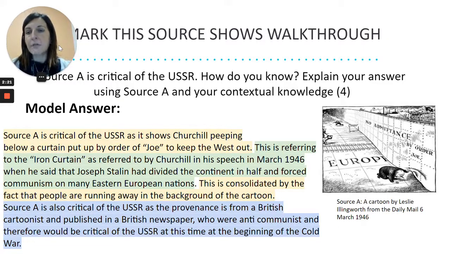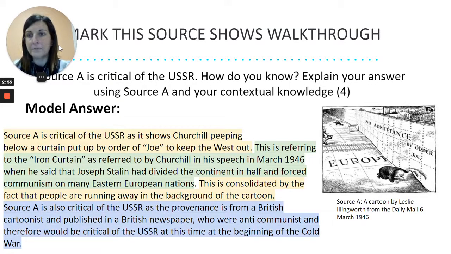Source A is critical of the USSR as it shows Churchill peeping below a curtain put up by order of Joe to keep the West down. What I do then is refer to the own knowledge. So this is referring to the Iron Curtain that was called by Churchill in his speech in March 1946, when he said that Joe, in this source, Joseph Stalin, had divided the continent in half and forced communism on many Eastern European nations. And this is consolidated by the fact that you can see people running away in the background